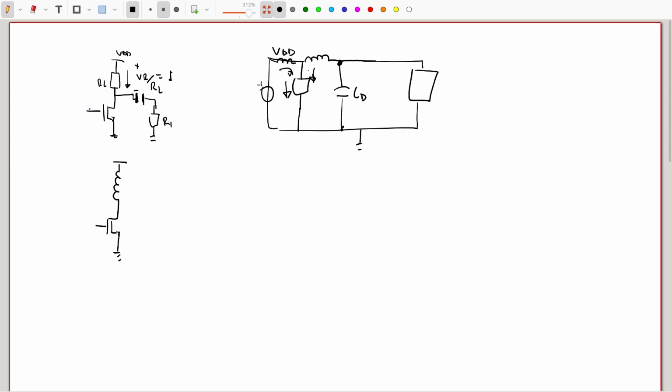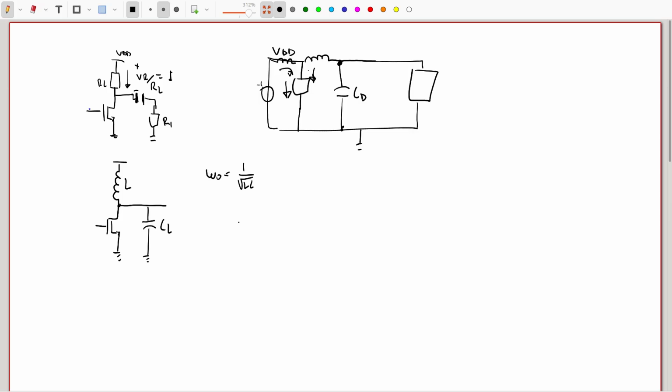I can use this inductor as part of the biasing. So at very high frequencies, this capacitance and this inductor will resonate at the frequency 1 divided by the square root of LC, and then